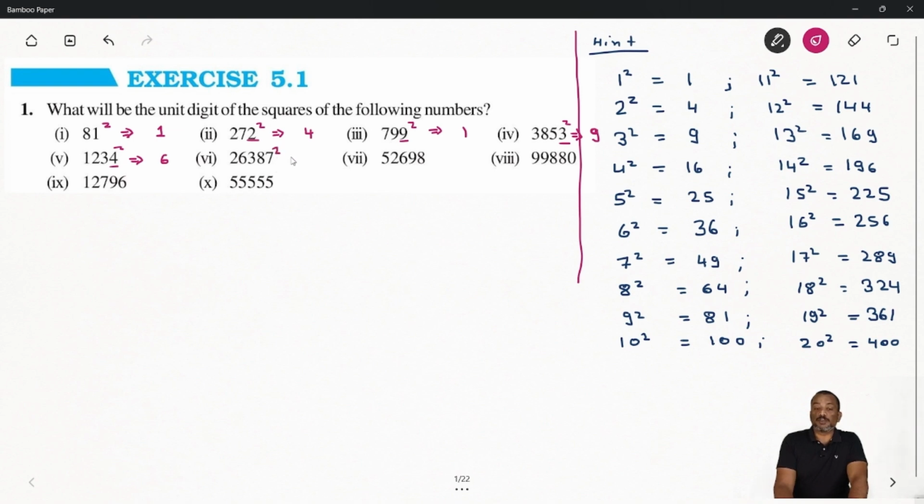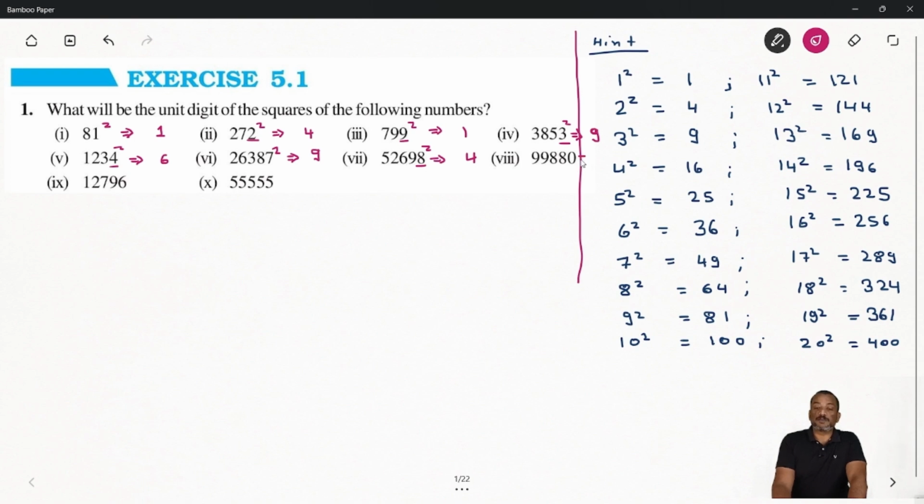नेक्स्ट 26,387 है तो इसके यूनिट प्लेस पे 7 है तो जब 7 किसी के यूनिट प्लेस पे रहेगा तो उसके स्क्वायर के यूनिट प्लेस पे हमेशा 9 आएगा। आप टेबल से देख सकते हो। नाउ सेम वे आपका 52,698 है तो इसके यूनिट प्लेस पे 8 है तो जब किसी नंबर के यूनिट प्लेस पे 8 होता है तो उसके स्क्वायर के यूनिट प्लेस पे 4 आता है।